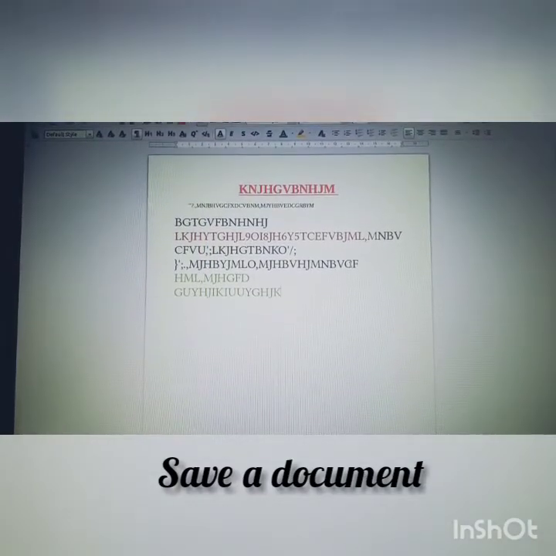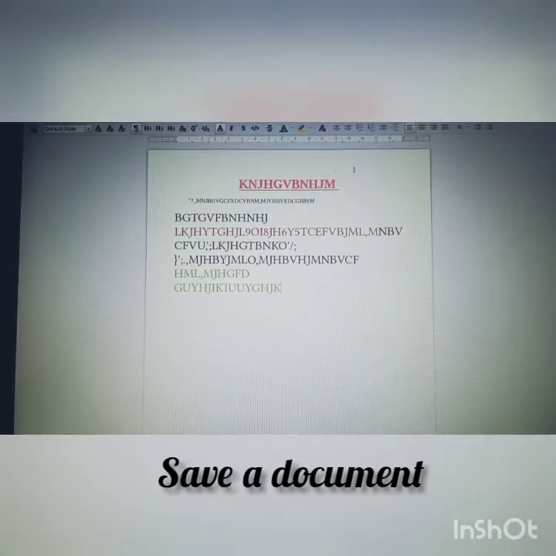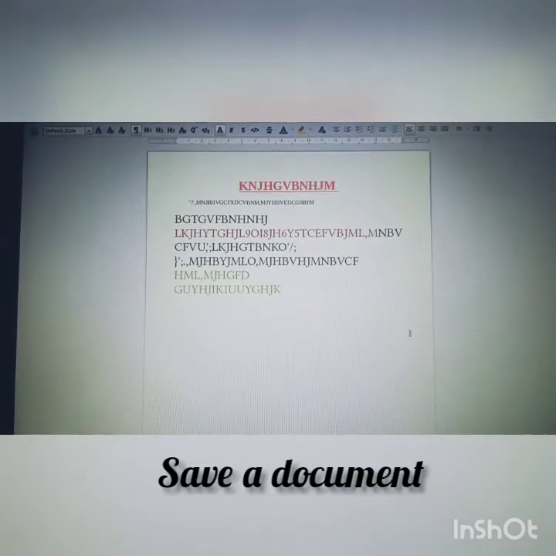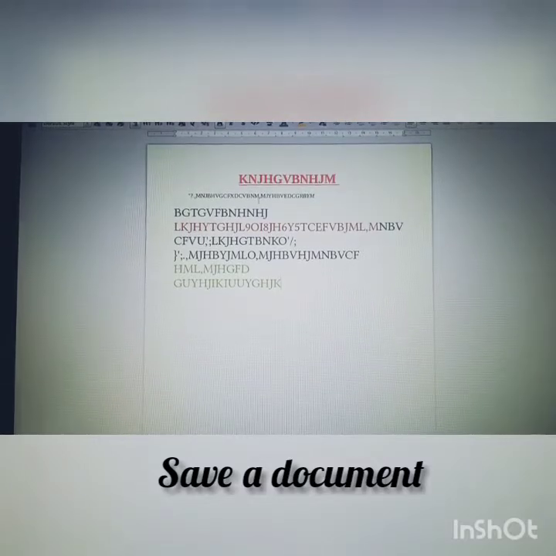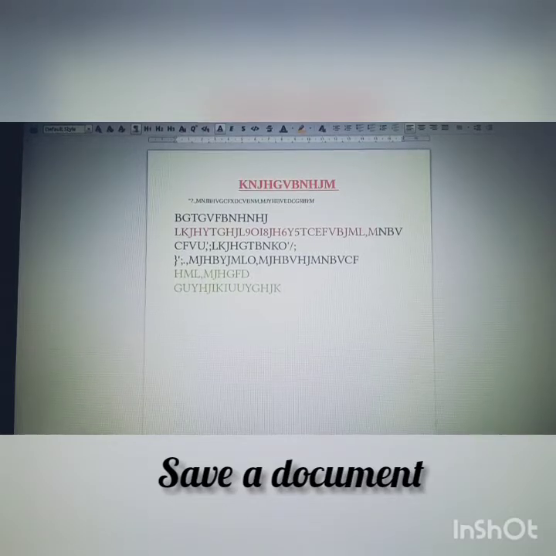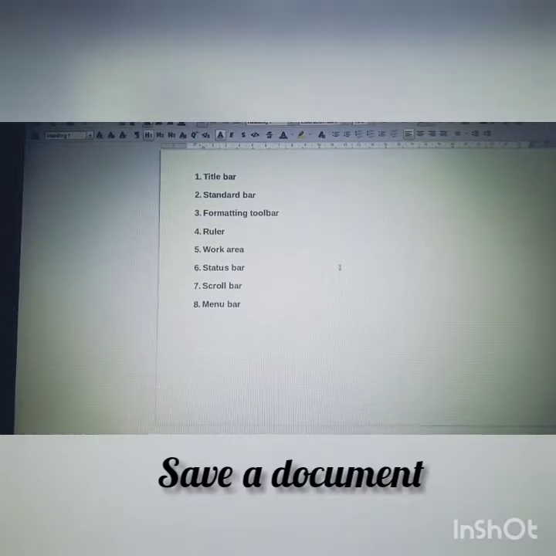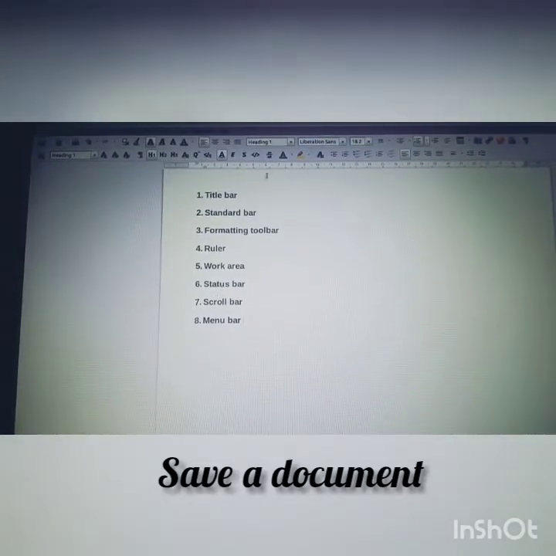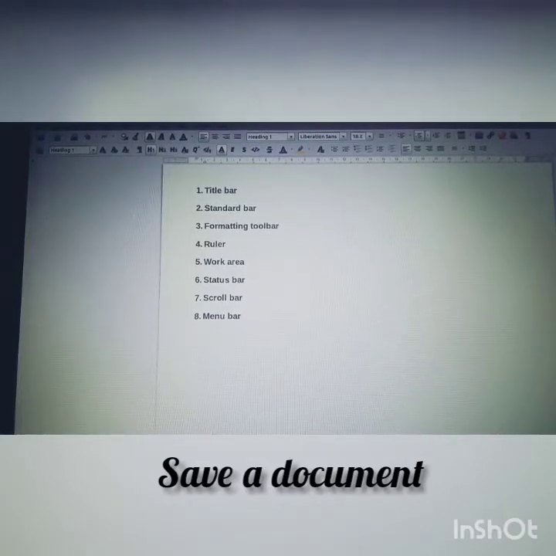Okay, so saving is also over. How to save? Go to file and click save. Then that saving window will come and you can give the name and save it. Okay, now how can you close this document after saving? Just click this one, it will close. And then this is the first page that we opened. After that we opened a new page, right? So these are the toolbars that we learned, right? So we will close this one also.